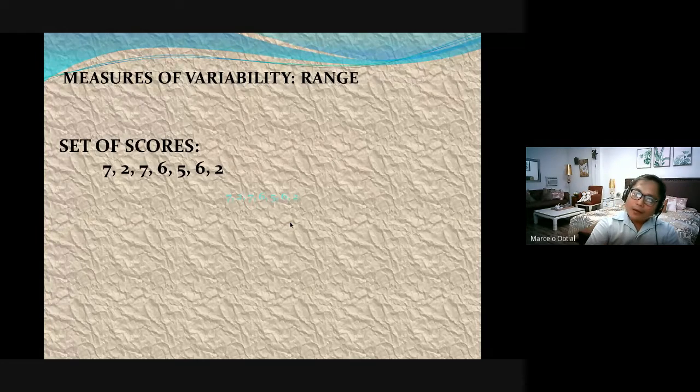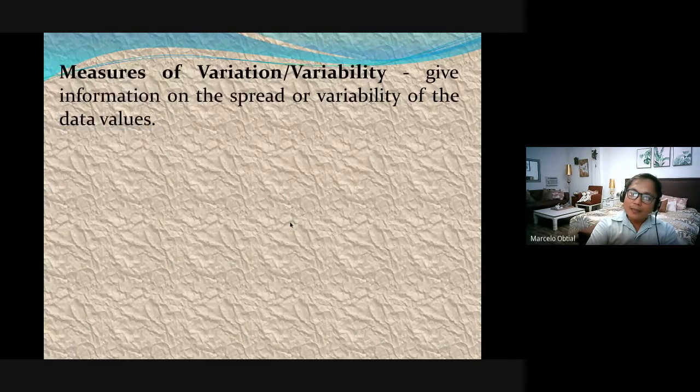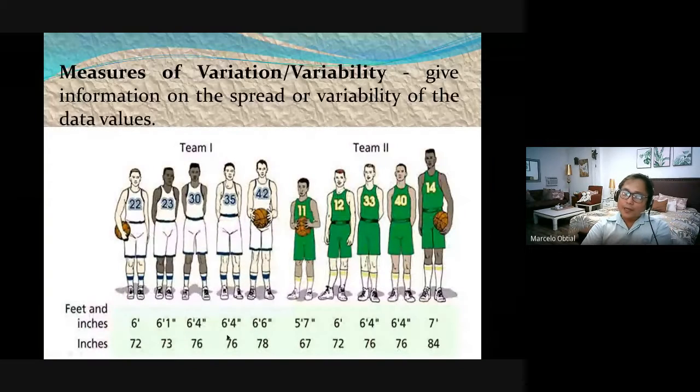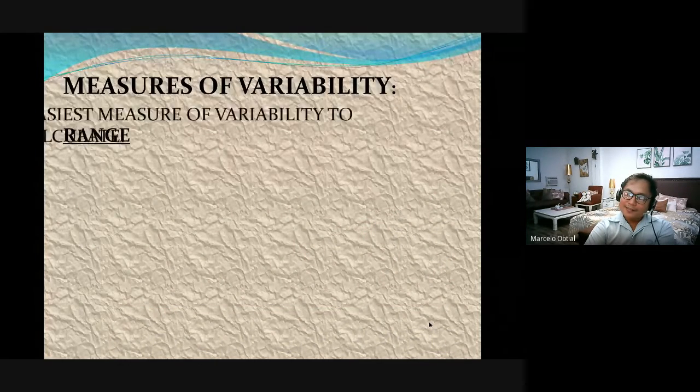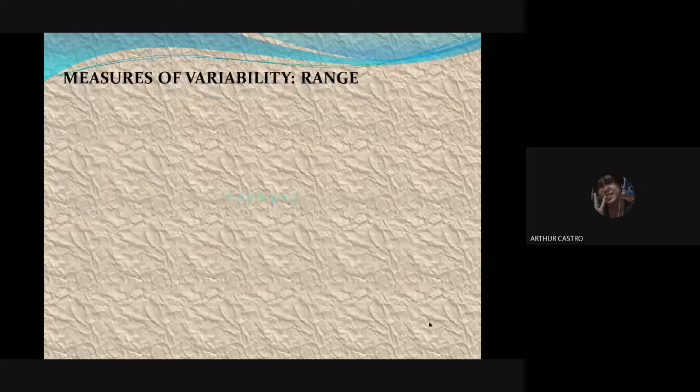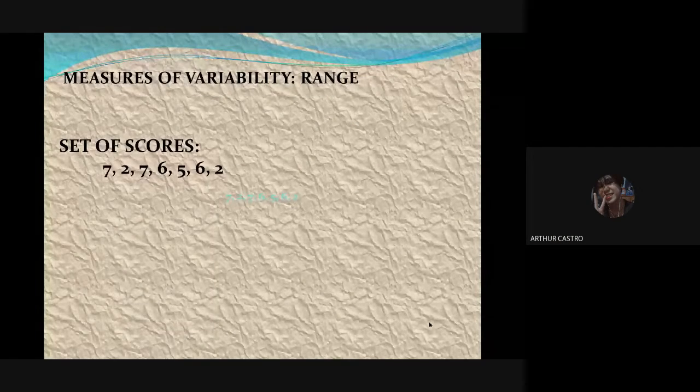Okay? Remember, kapag kinuha na natin ang range, for example, we get the highest 78, lowest 72. Get the difference, 6. Here, highest is 84, lowest is 67. Sa palagay mo, Arthur, meron bang disadvantage? Ang mapansin ko sir, dali lang siyang i-calculate. So, it does not use all the observations in the data set. Kasi yung kinukuha mo lang is yung lowest and highest, so hindi nagagamit yung iba.